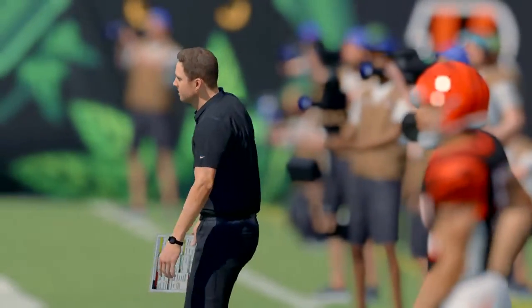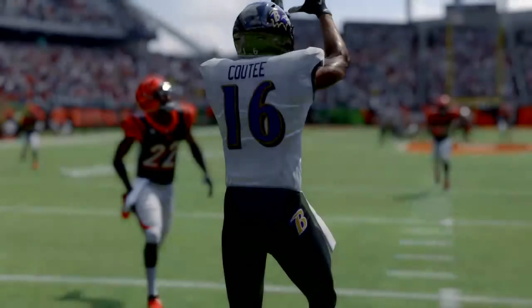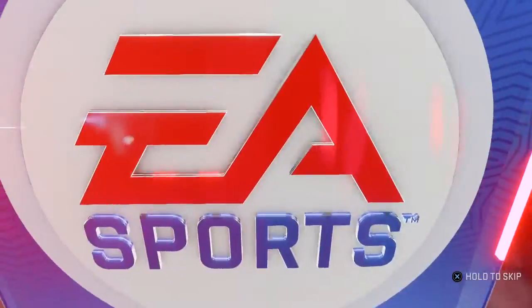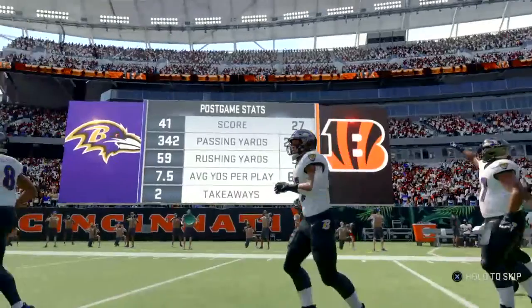A big offensive explosion helped lead them to victory, and the defensive guys, they're just saying, hey, put those points up every week, we'll just keep winning. They will gratefully accept them, won't they? It makes their job that much easier when they're scoring that many points, allows them to play with a totally different style and a different flow. So for Baltimore,